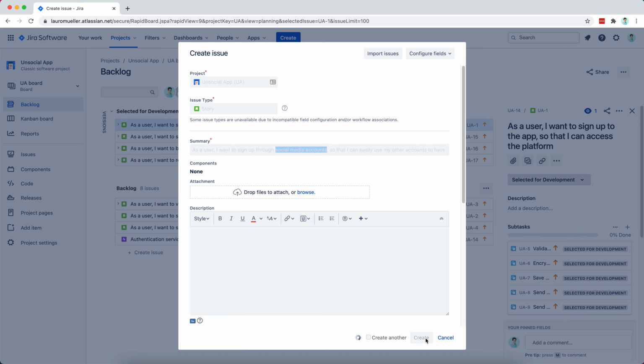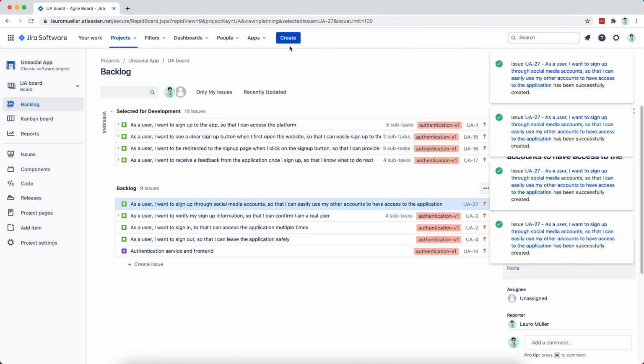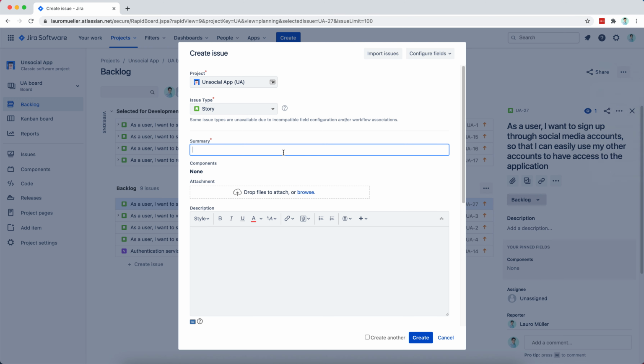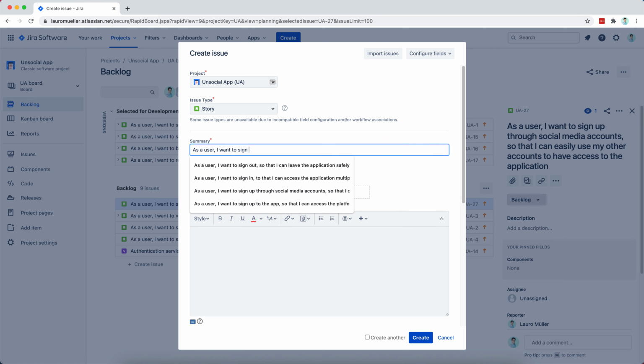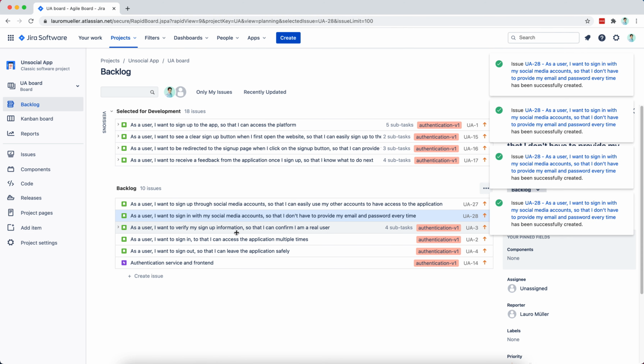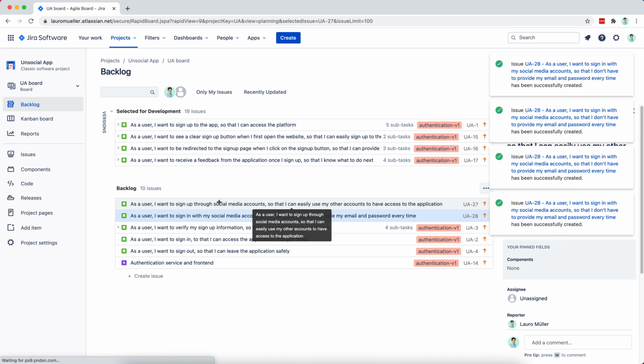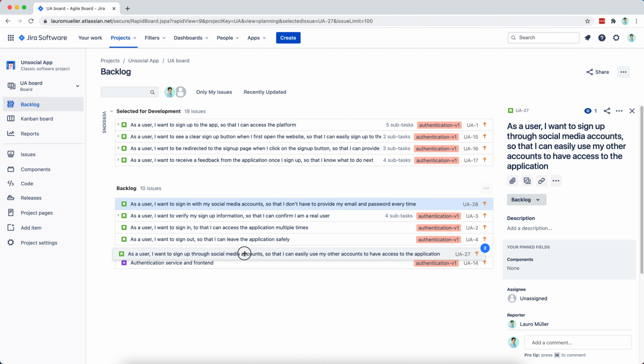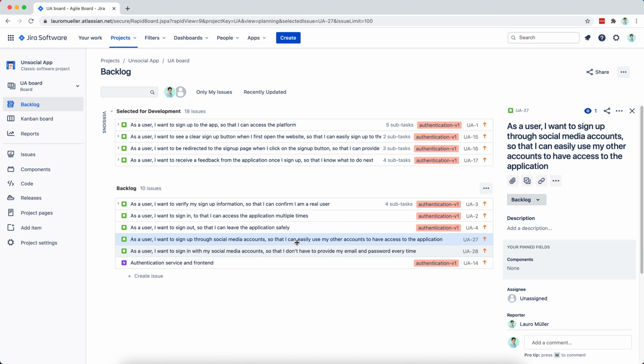So I'm going to create this, and I'm also going to create another task, which is as a user, I want to sign in with my social media accounts so that I don't have to provide my email and password every time, right? Okay, so we've just added these two, and the backlog here, what I'm going to try to do is to somehow keep it ordered by priority, right? So it's good that we have these two here, because we know what we are going to implement in the future,